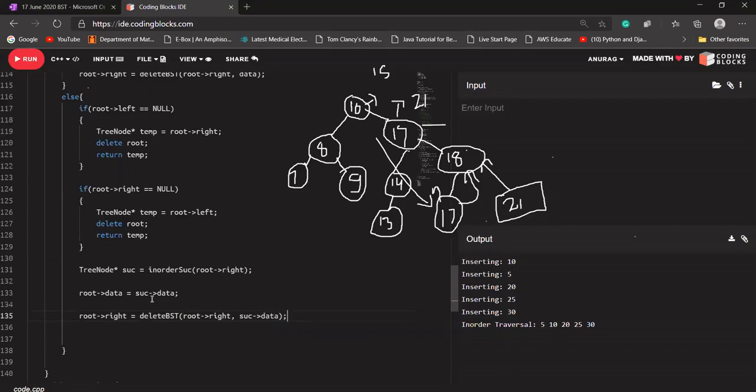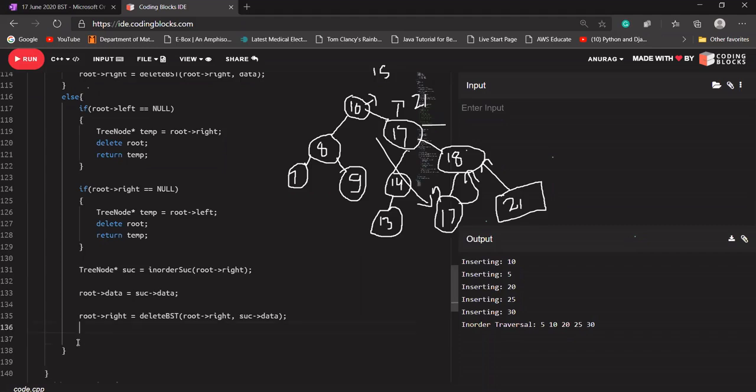Now I want to delete that successor's node, because the root node I have already updated, and the successor node that is there is a duplicate, because 13 is here also, 13 is here also. I want to delete 13. So again, I'm calling my function delete BST from here, because it will be stored into its right part. Okay. So I'm going to call into its right part and store the address of this node, means what the delete BST will return here.